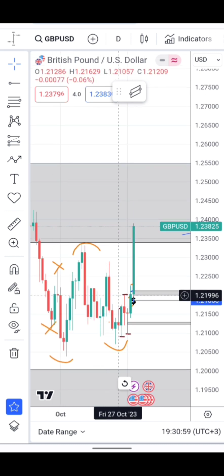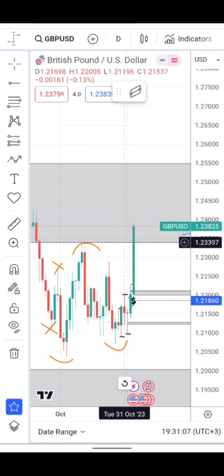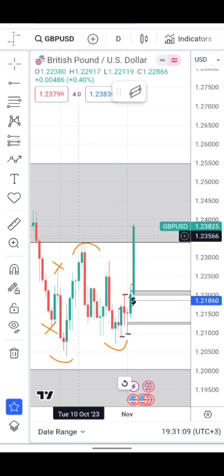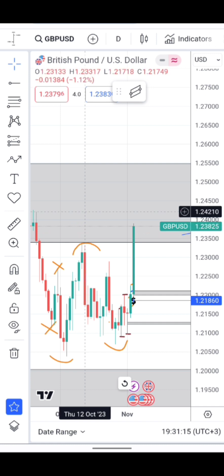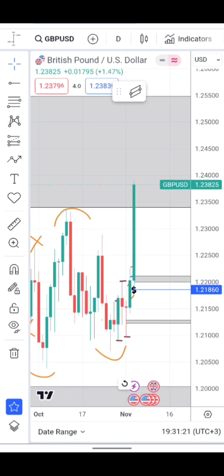So price went ahead. In previous weeks, NFP kickstarted the break of structure on the upside. It created a new high, a high above 11th October. So GBPUSD is structurally bullish on the daily time frame. So some of the